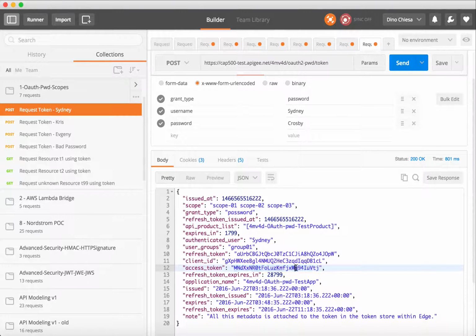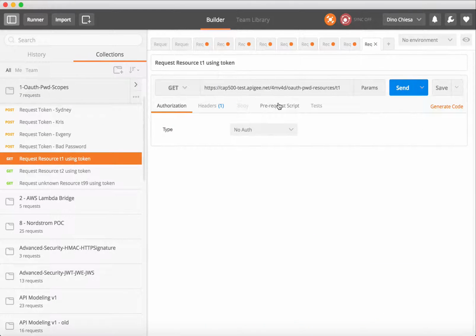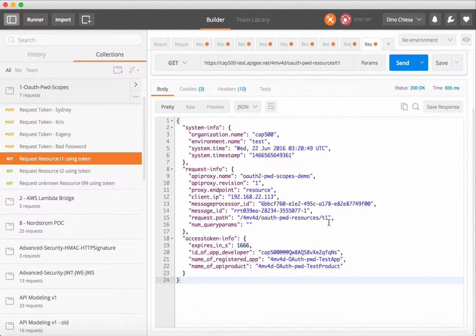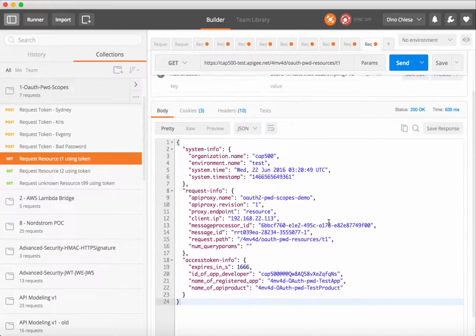All right, so we've got an access token, and you can see some of the other metadata associated to this, the issue time, the expiry time, and so on. And the authenticated user is all attached to that. So let's just grab the access token. We'll copy that, and I'll go over to a different resource where I can exercise the resource endpoint that allows me to verify the token. So I'm going to paste that into the authorization header, just a bearer token. And I'll send that in, and what you'll see is a successful response back, which means